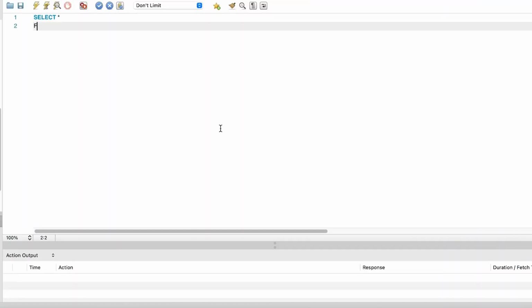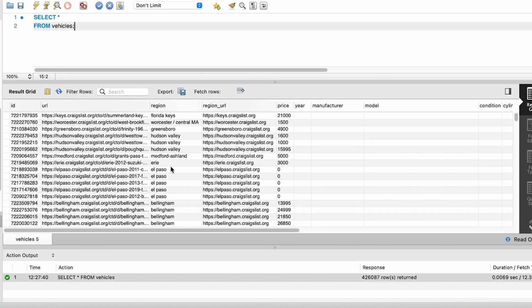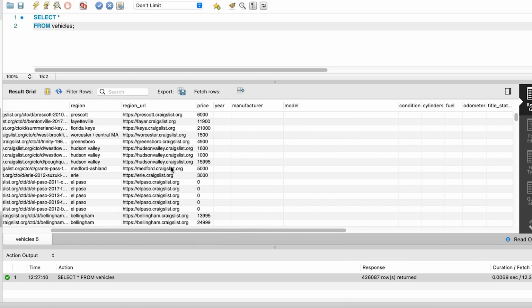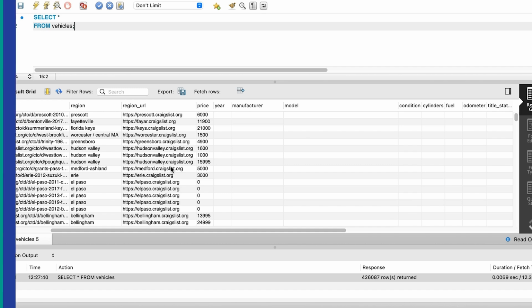The first reason is that a query like this is inefficient. You use select star and the database returns all of the columns from the table. It's likely that you don't need all of the columns, so you work with some of the columns from the table and ignore the rest. This means the database is returning more data than you need back to the client, which is inefficient and wasteful.